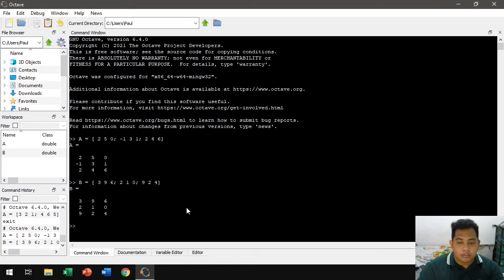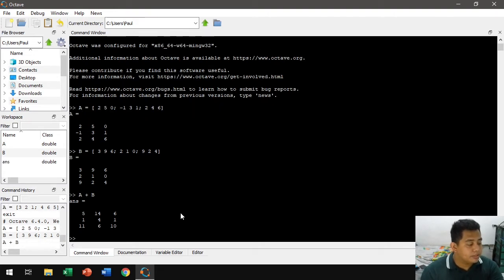First, let's try addition and subtraction. So let's try A plus B. Let's add these two matrices. So there is our matrix addition.